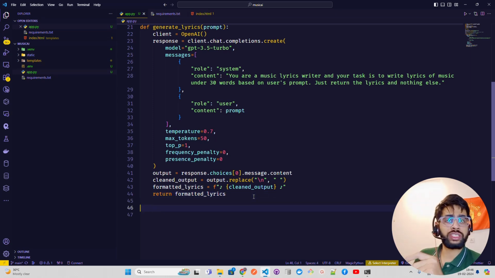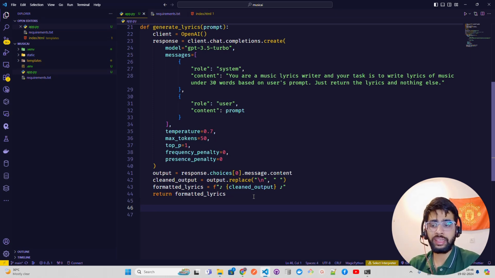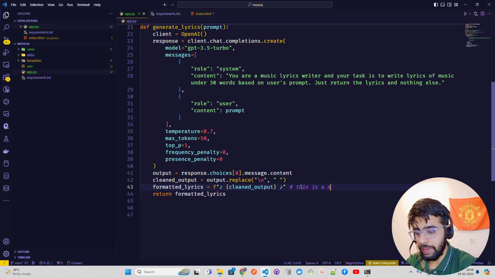Now in this function we are utilizing OpenAI. You can see we are leveraging client.chat completions.create. We have a model GPT 3.5 Turbo. We have messages where we are passing some instructions, role-based prompting and instructions, and then we are using a prompt as a content, and then have some inference parameters like temperature, max tokens, top p, frequency penalty, and things like that. And then this line is a must, so let me just do that. This is a mandatory thing to get the vocals.